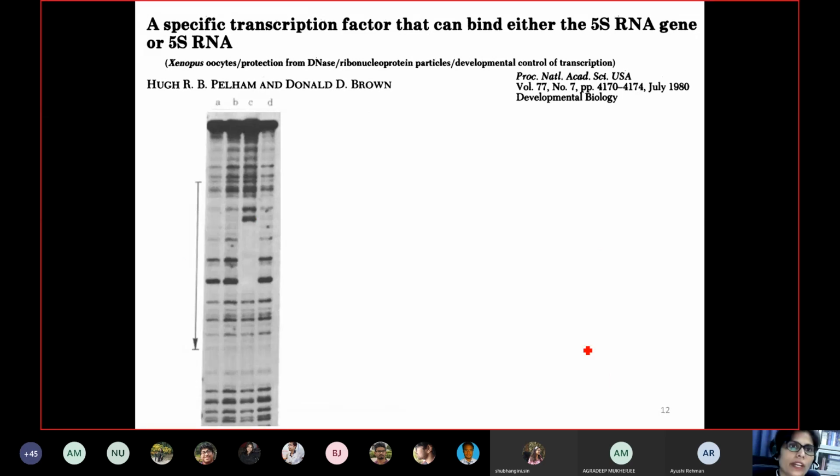Then after purifying this, their next question was whether these purified proteins are able to bind exactly like the 5S DNA; whether the protein which they isolated from the RNP complex is able to bind the purified 5S DNA in in vitro experiments. And with this kind of assay, they performed footprinting assays. I will just give you the name, I will not explain in detail. But what you see here is the control lane, where nothing is added.